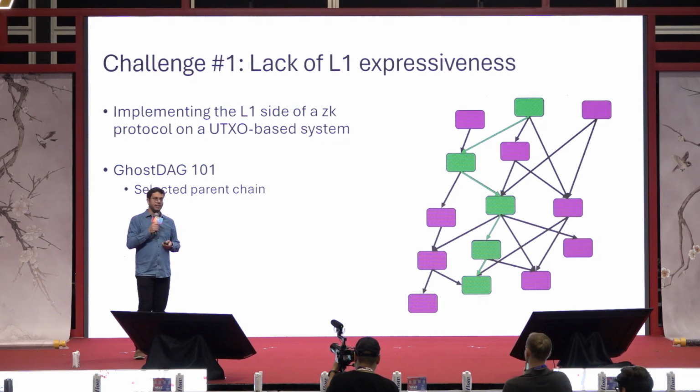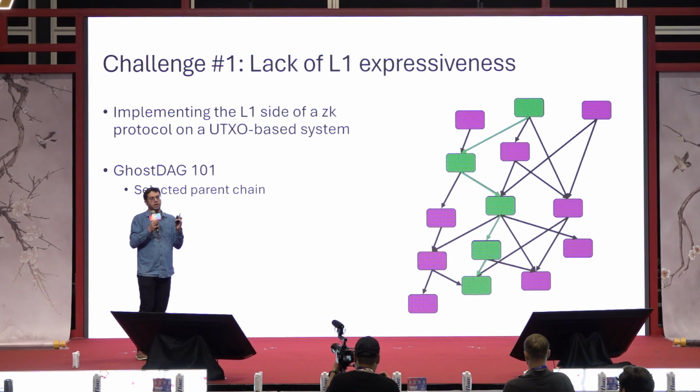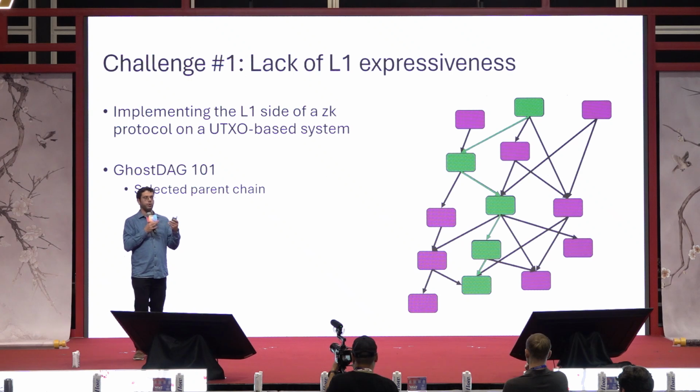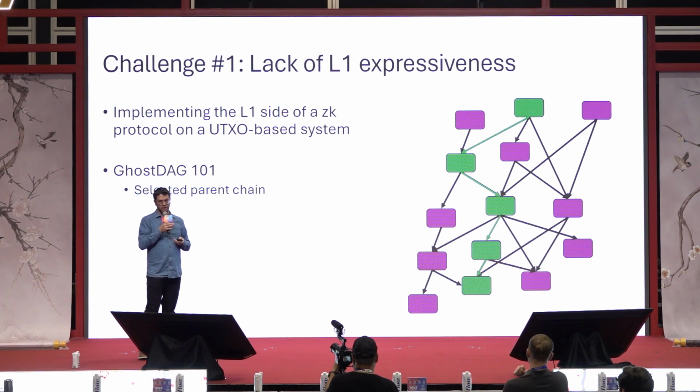The chain is selected based on accumulated proof of work of the blue cluster of Kaspa, which is a generalization of the idea of a chain to a more general structure, which still has constant width. So a blue cluster can be parameterized by K equals 0, which would mean it's a chain, or it can be something wider depending on the BPS of the system and the latency assumptions. However this chain is selected, it's selected somehow.